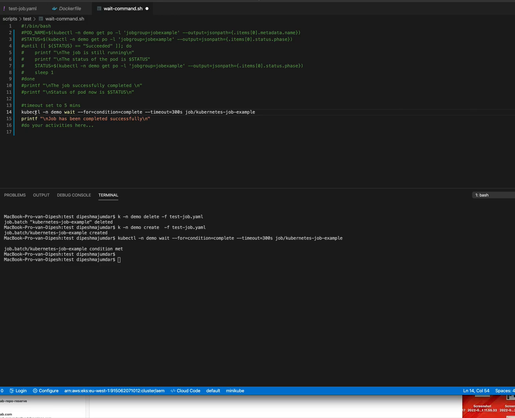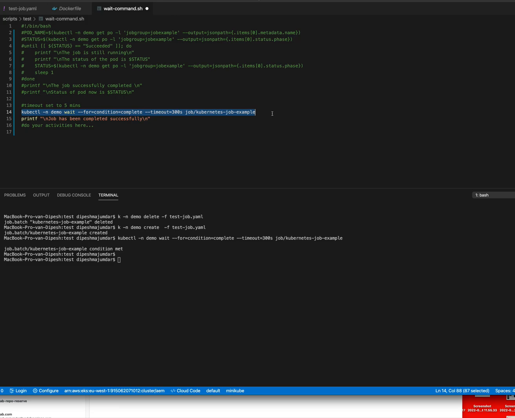But it can happen that the pod will crash, another pod will be generated, and that will again start dumping the files in the S3 bucket. So it's going to take some time. If it is a 1 hour activity, you can give a timeout of like 3 hours or so. If it is 3 hours, in seconds you will give that much time, and in that way you can run this command to check whether the job